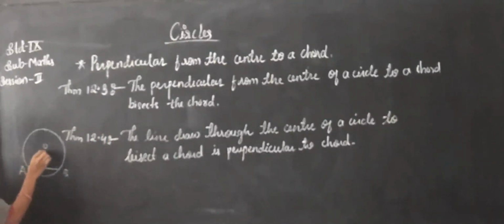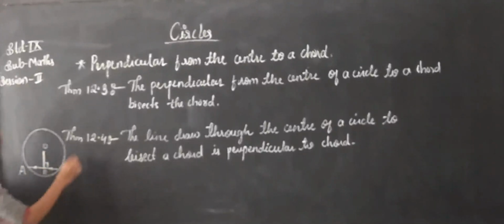Whatever the perpendicular line is, it has to make a 90 degree angle here. Perpendicular means the line we draw from the center to the chord, and that will bisect the chord. For example, the perpendicular line meets the chord at D, which means AD is equal to DB, 2 equal lengths. The chord is cut into 2 equal lengths, so that is bisecting the chord. The perpendicular line from the center to the chord bisects the chord. Got it? Then that is theorem 12.3, and next is theorem 12.4.